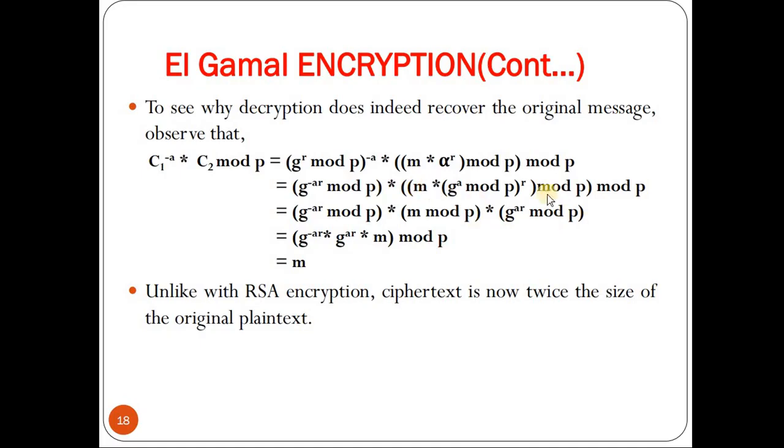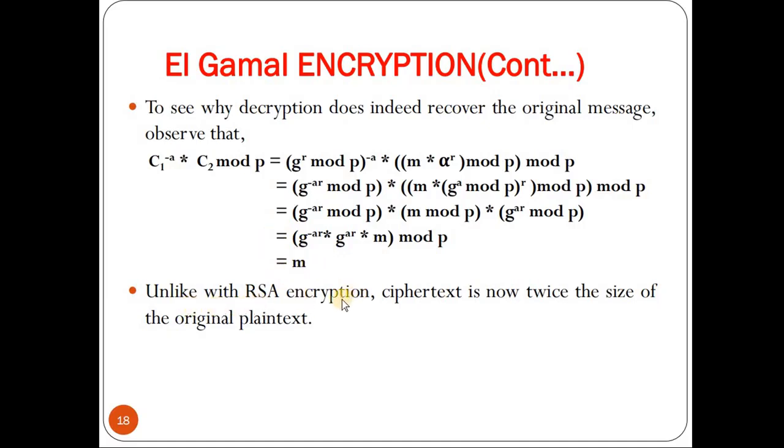Again, this is split. We have multiplied here, so it is m into mod p, that is written here. Again, g to the power ar mod p is written here. So finally, you can see that this is g to the power minus ar and this is g to the power ar, so I can cancel both of them. So what is left? We are left with m mod p. Since m is less than p, that is what we have considered initially, your message should be less than p minus 1, so obviously m mod p will give us m. Now m is nothing but the message.